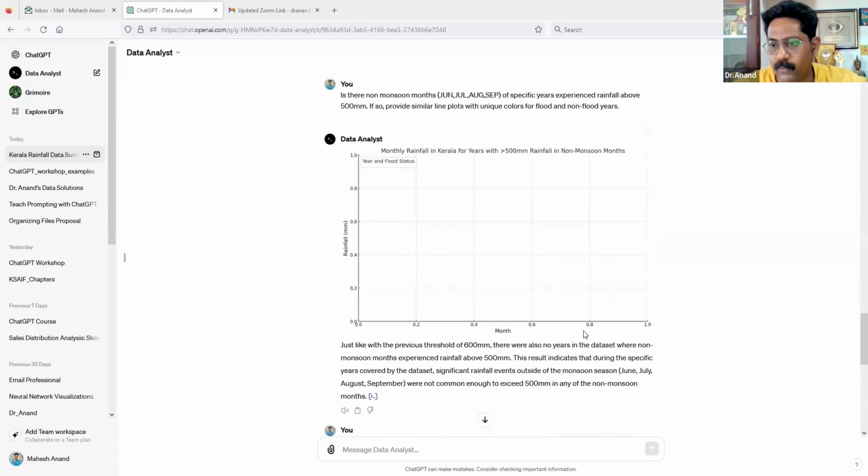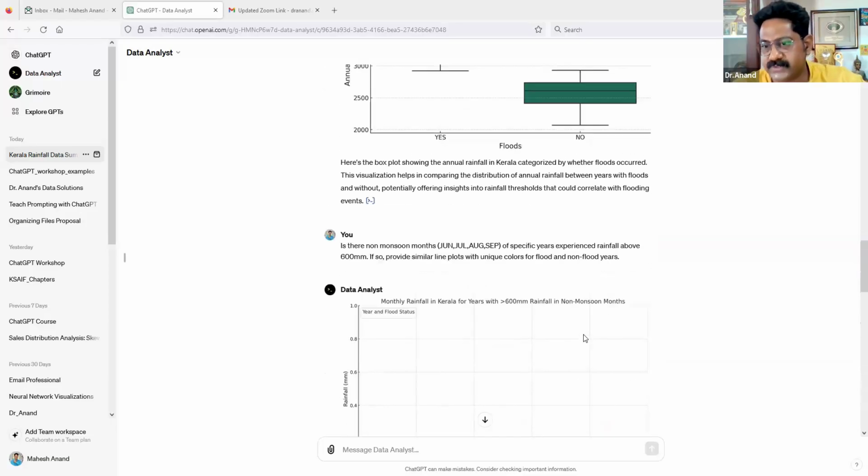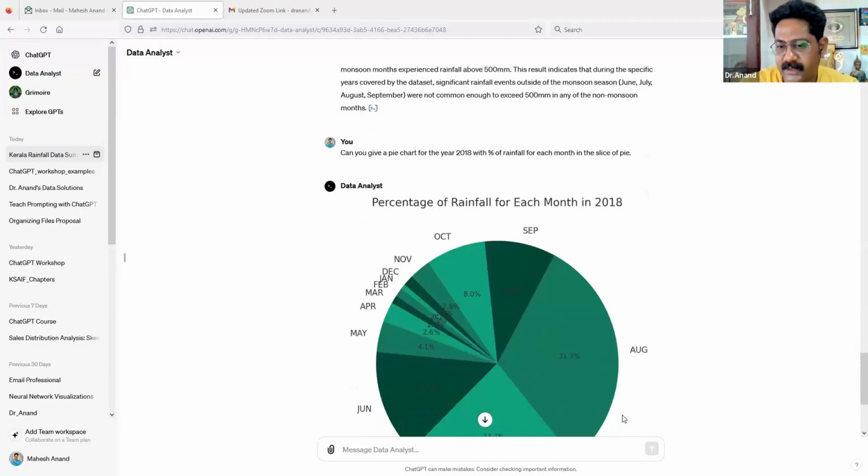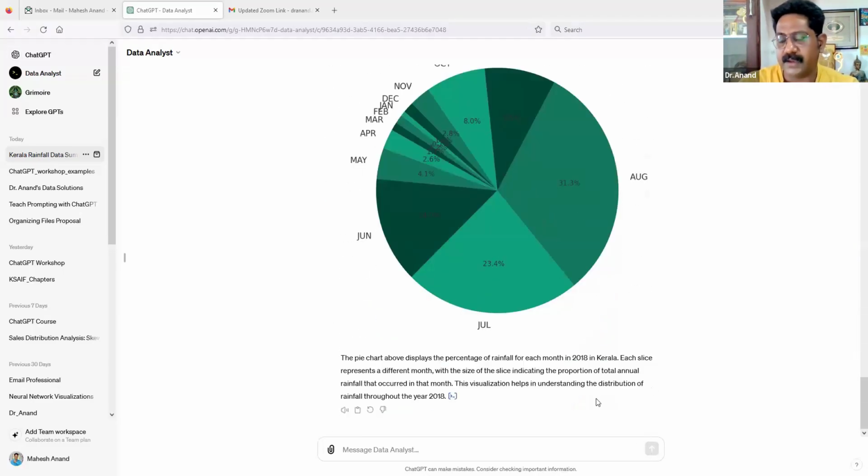So what kind of analysis you want to do, your creativity is the limit. You can do lots of interesting queries. Your code interpreter is waiting for your command to perform the task. Sometimes if your query is too lengthy, try to break it down into two portions. After seeing the intermediate result, then you can ask the next-level query. Sometimes it runs infinitely. Then you try to halt it, interrupt the interpreter, and then you can ask